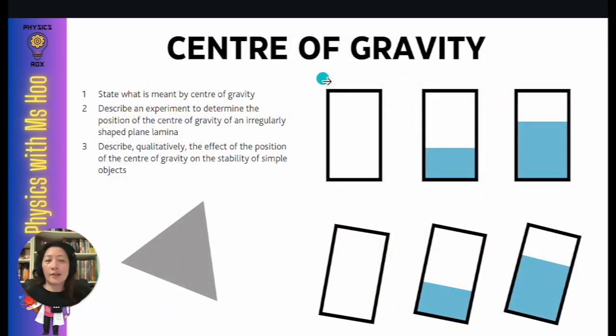Right, next, for center of gravity, you need to be able to state the meaning of center of gravity, which is the point where all the weight of the object seems to act upon. You need to be able to describe the experiment to determine the center of gravity of an irregularly shaped plane lamina. For the experiment, remember that whether it's a triangle or it's an irregularly shaped card,